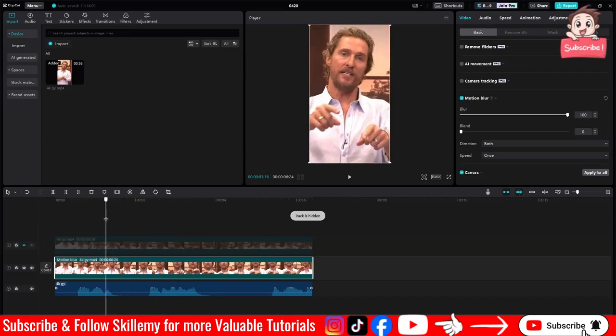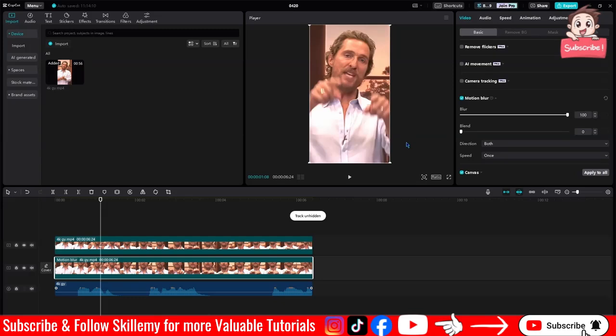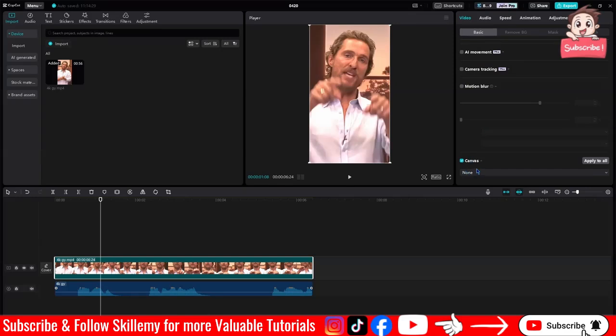And as you can see, there is motion blur all over the place, even right here. There is motion blur on the ends. Meanwhile, if I look right here, there isn't. And you can, of course, control how much motion blur you want. That's up to you. And then there is the canvas, which is only available for the clips on the main